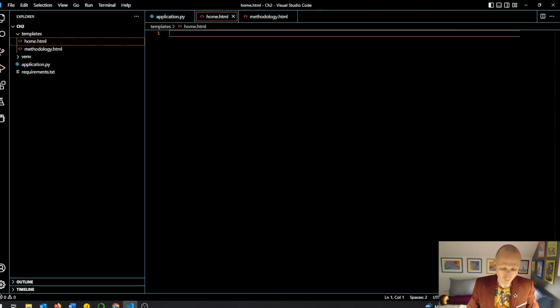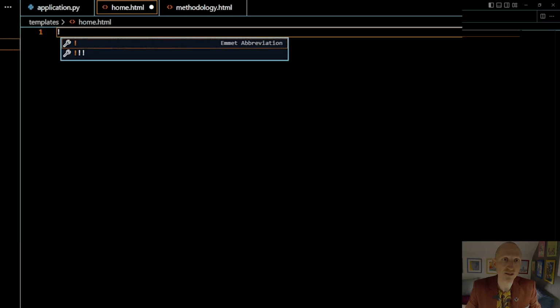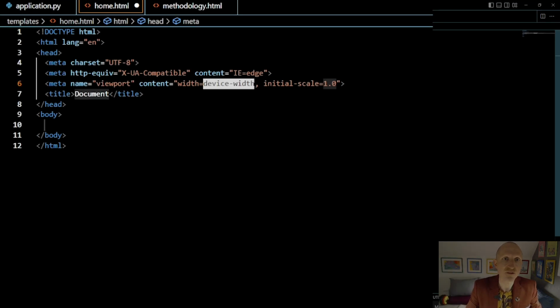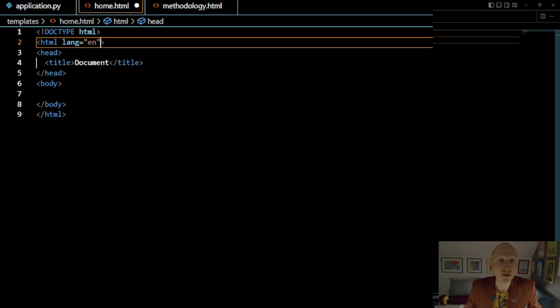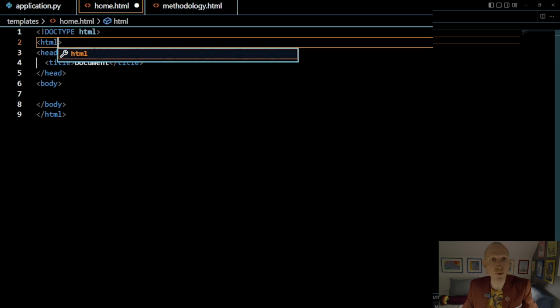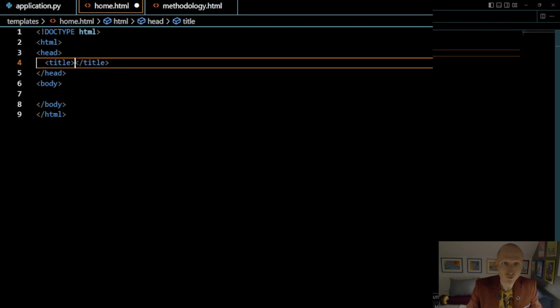Then the next step is that here we are going to create the HTML code, and basically if you type the exclamation mark and you click enter, Visual Studio will create the boilerplate with the HTML code that you need. I'm going to explain this later in another chapter, but now we don't need this, and we don't need this. This is basically the basic information that we need to create our HTML files. And here basically what we are going to have is the title that we are going to pass to the